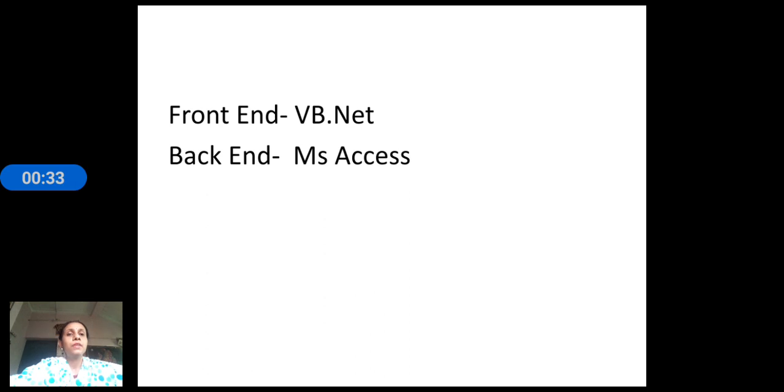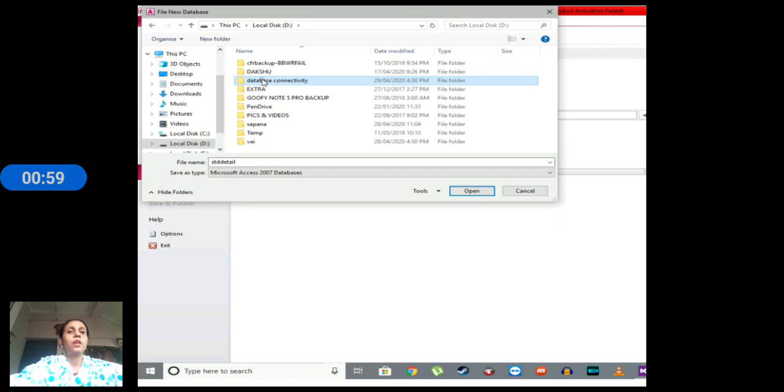So the front end that we have used is VB.NET and the backend is MS Access. That means we have to create the database using MS Access. There we will design the database with different tables, and we will display this data using VB.NET as a front end. The technology that has been used for this purpose is ADO.NET, that is ActiveX Data Object.NET technology, used with VB.NET. Now, starting with how to create a table using MS Access.